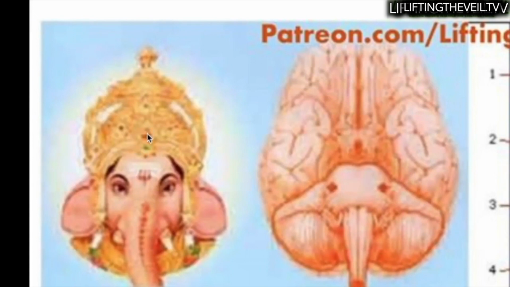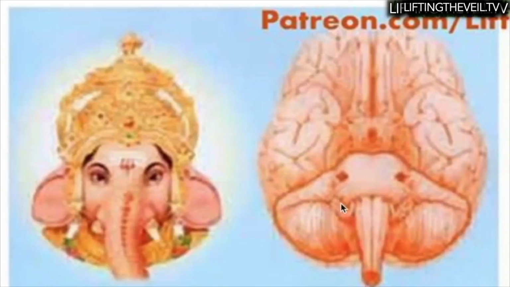And then you have the little gem on the crown of Ganesha, which is the exact representation of the location of the pituitary gland. This is the pituitary gland, located right at the base of the optic chiasma. And again, the tusks, this is right where the vagus nerves attach to the base of the brainstem,